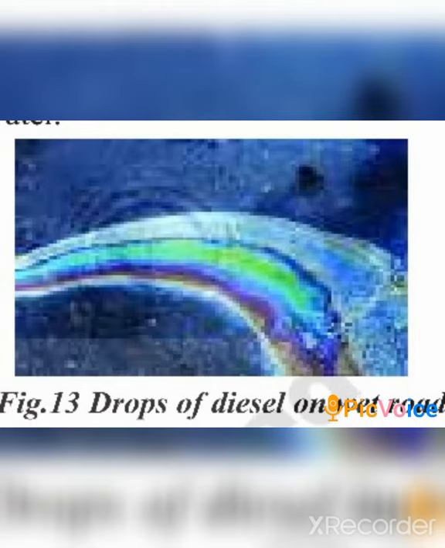Hello friends, in the image you can find the diesel on the water. Generally when it rains you can find a layer of diesel on the water. Diesel is immiscible in water. These can be seen as bright rainbow patterns when the diesel falls from the vehicles on the road.